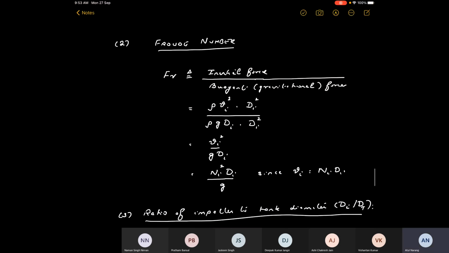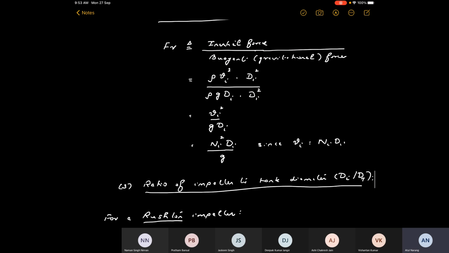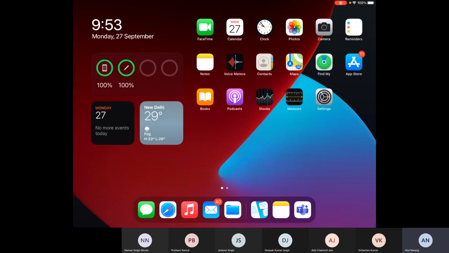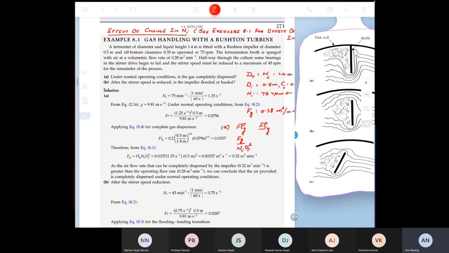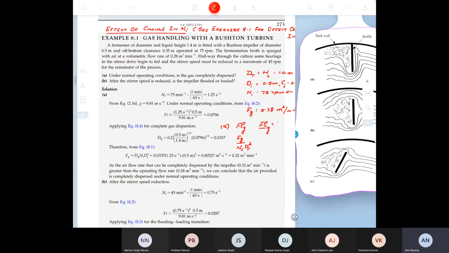Yeah, and the Froude number, and this is right, n sub I squared D sub I over g. So this is a function of the Froude number and D sub I over D sub T. And you can easily see that all these things can be calculated. You are given the flow rate, you are given n sub I initially, you are given D sub I,